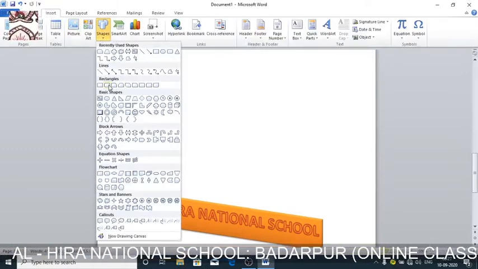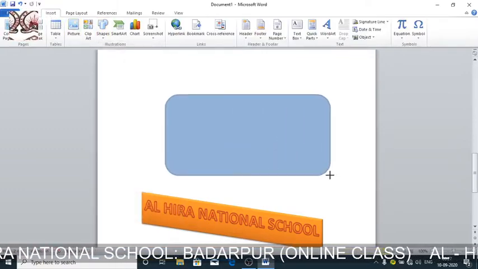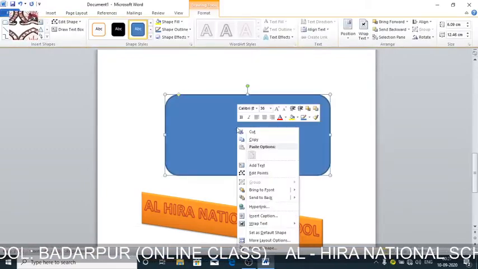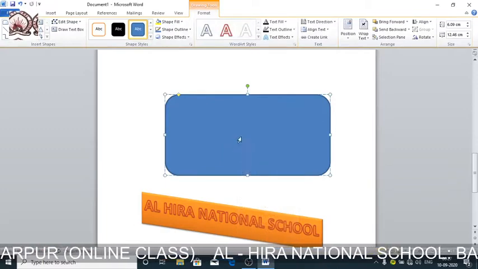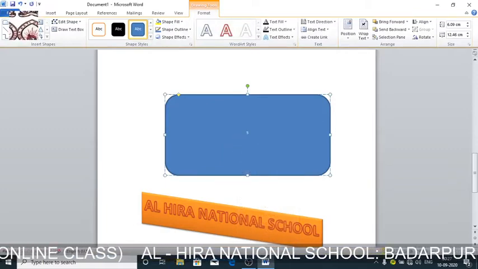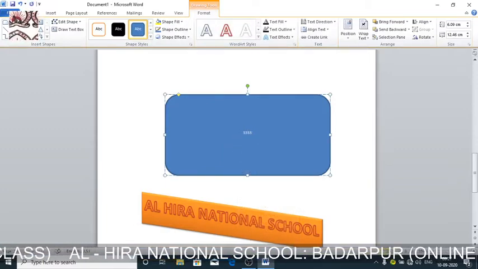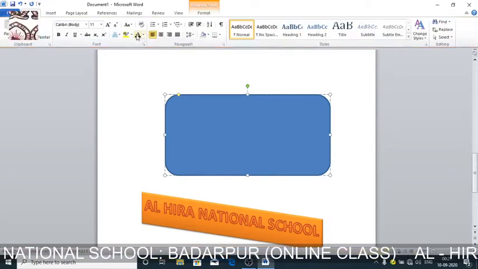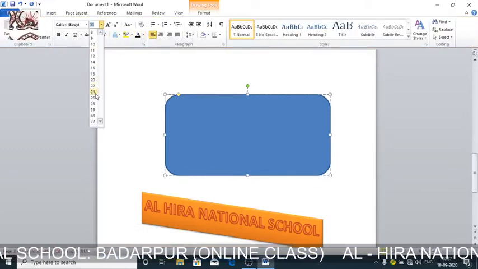So how can you add a text to the shape? We'll select the shape, then right click and click on add text. After clicking on add text, we can add any text. Let me make the text a bit bigger, 26, so that it is viewable to you.